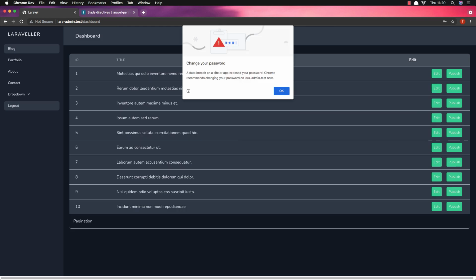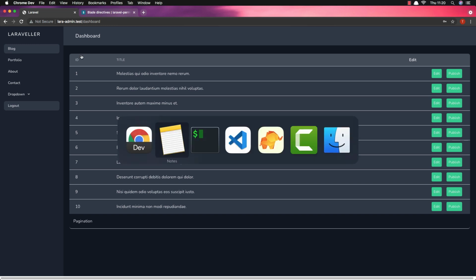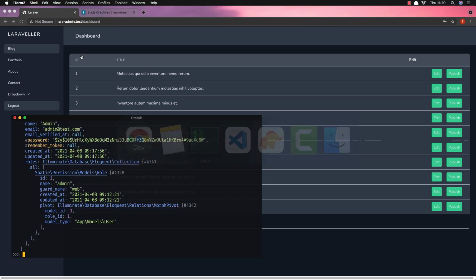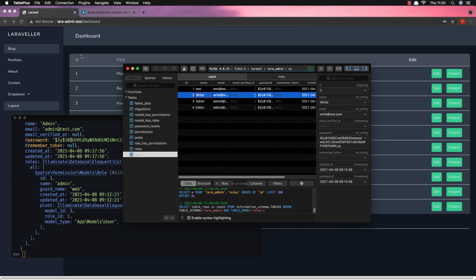Okay, the editor, now we can see this edit, but not the publish and not the create button. But first I need to give the permission to this user, and if I refresh now, the user editor has the ID of 4,